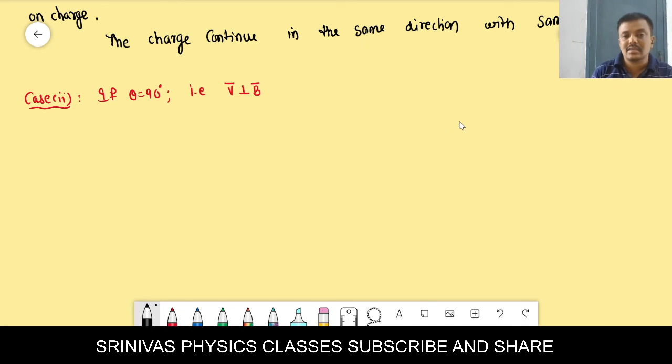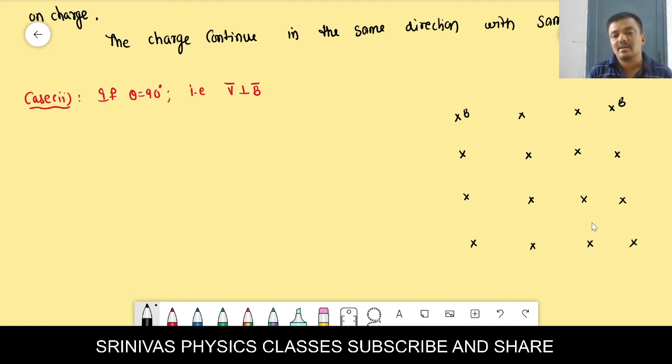Let us take the situation where the velocity and magnetic field are perpendicular to each other. You see here and listen very carefully. If you have any query, you can ask me, how you drew this diagram, how you wrote that step, anything. This is the magnetic field direction. The cross indicates the magnetic field. I wrote that this is the magnetic field.